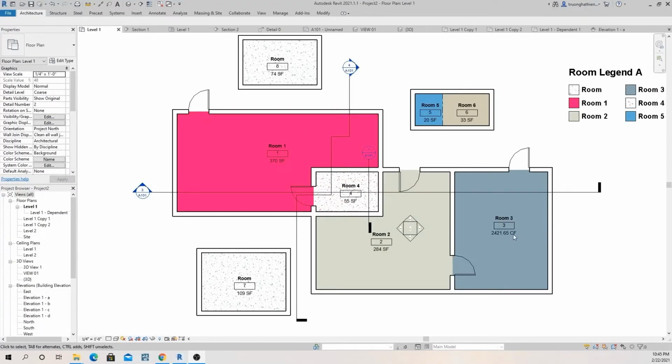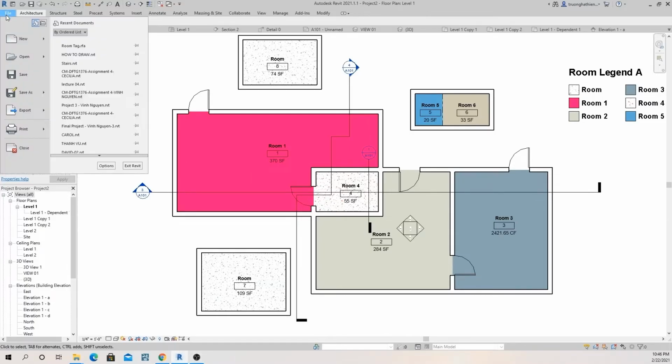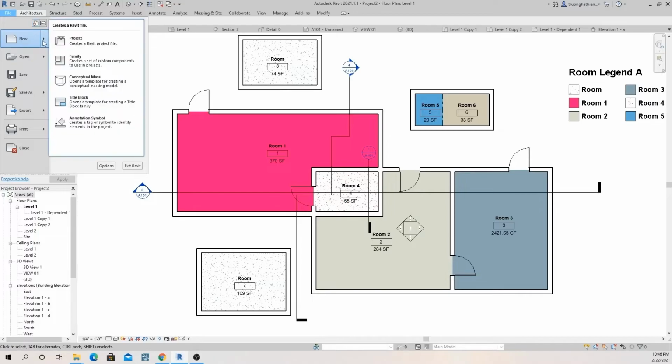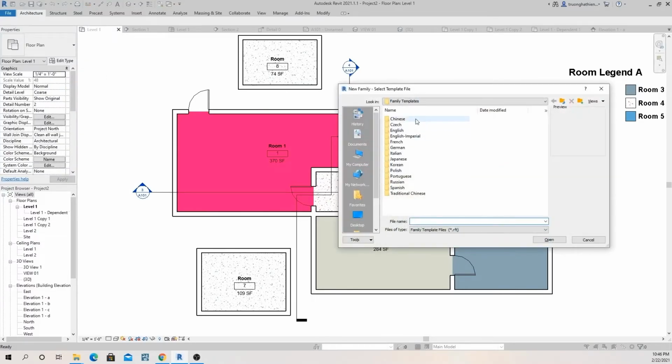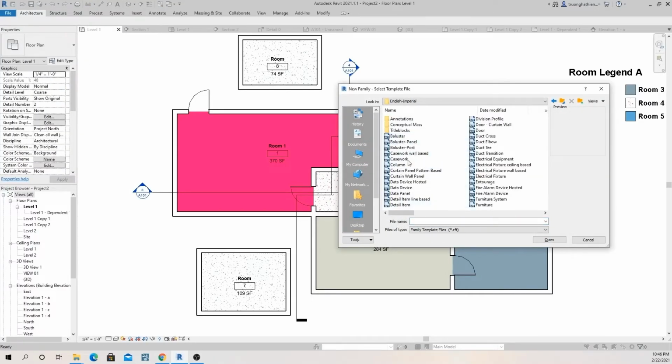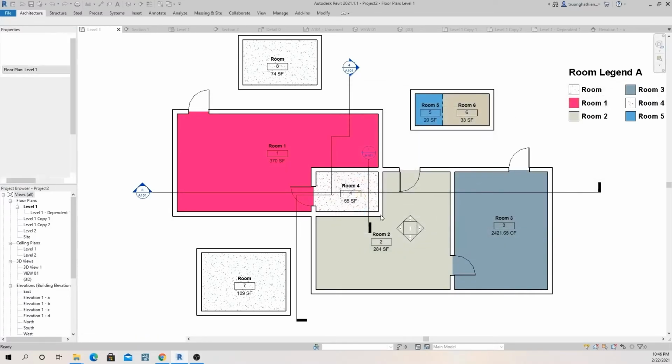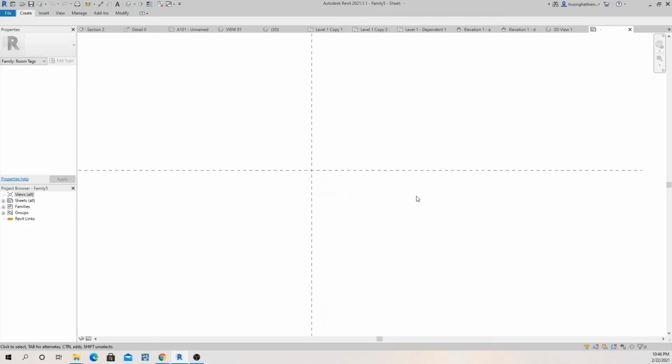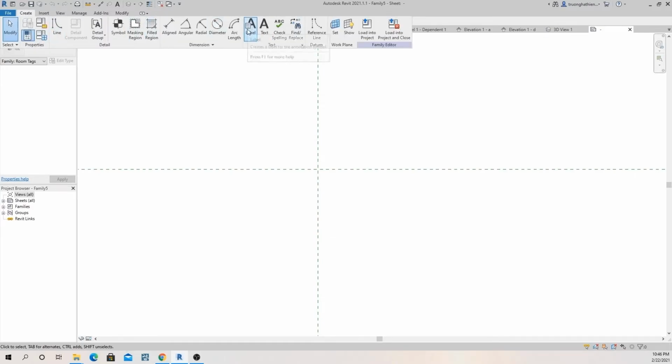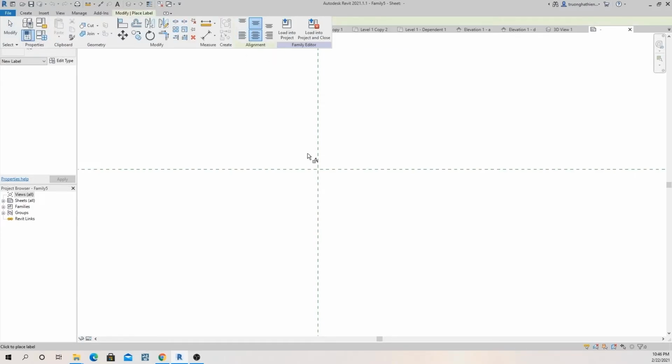Okay, now I'm going to talk a little bit about the family, because I want to change the room type. I want to combine the area with the volume together. Go to the family, and step by step you can choose the kind of family, and then you can use the